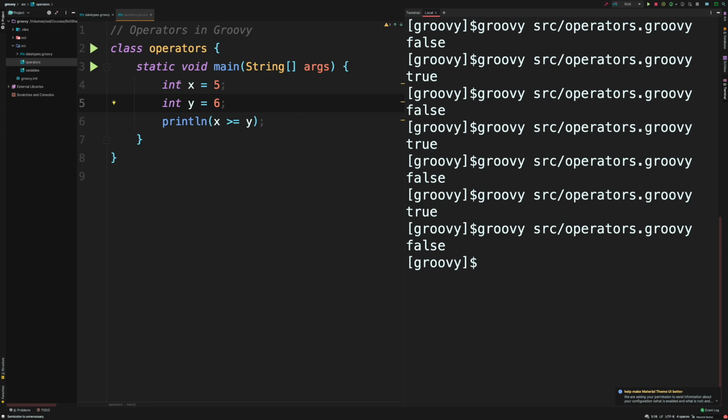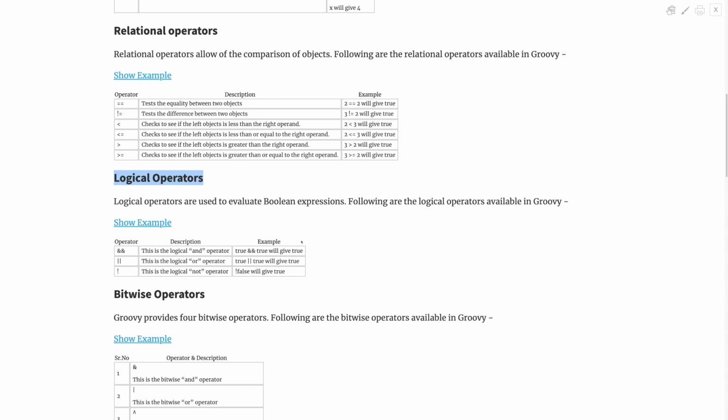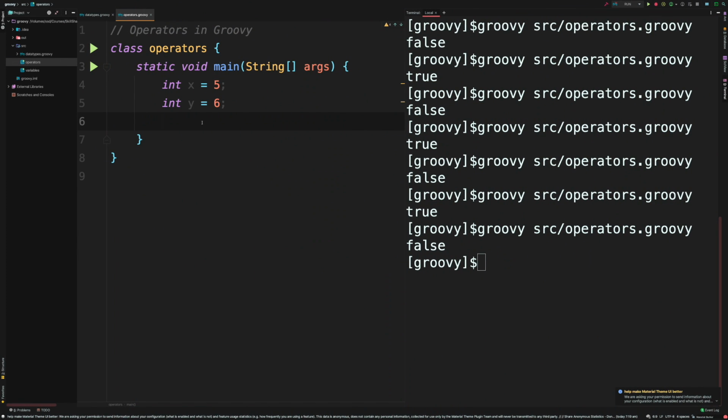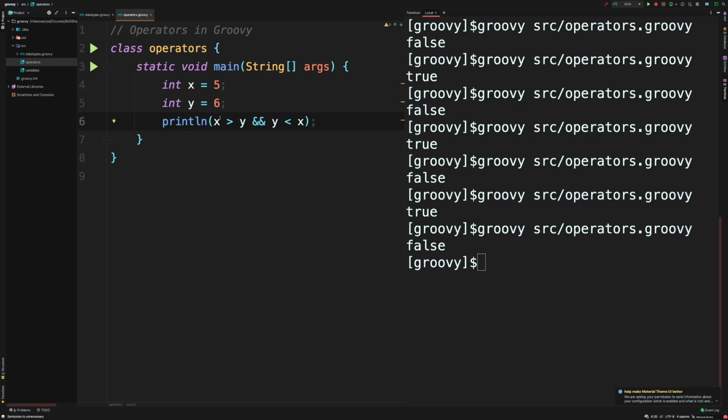Well, first of all, let's go and remove this code. Actually, let's not remove these variables. Now, what we need to do is basically have true and true give me true. So I can check for a couple of things here. I'll first do a println, and I'll say x greater than y and y less than x. So what's happening here? Well, this statement will return us true because x is greater than y. Is it? Well, it's not.